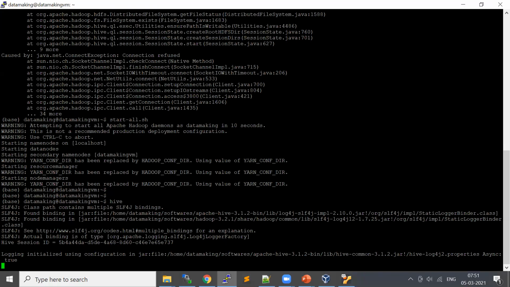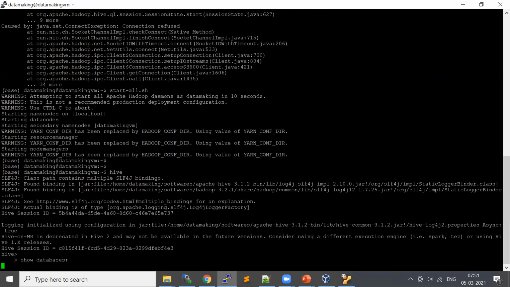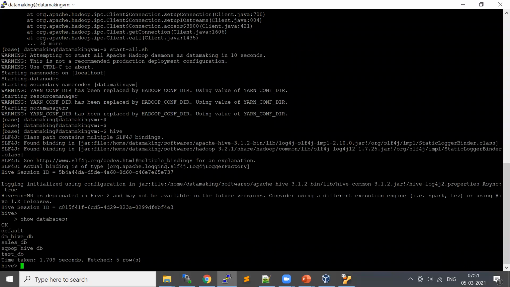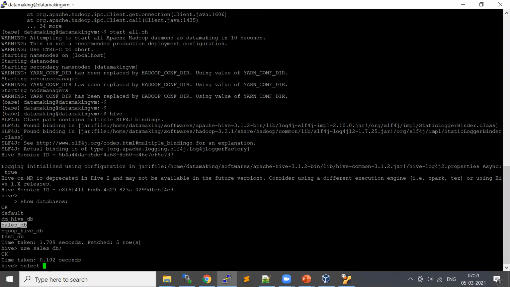Show databases. Check whether to use sales DB. Show tables.